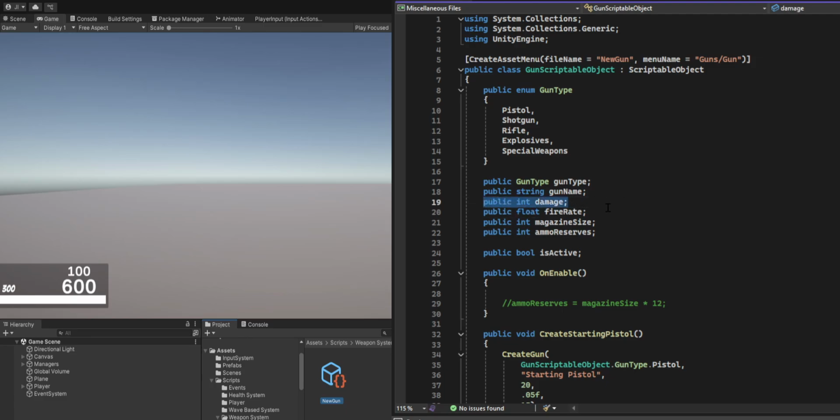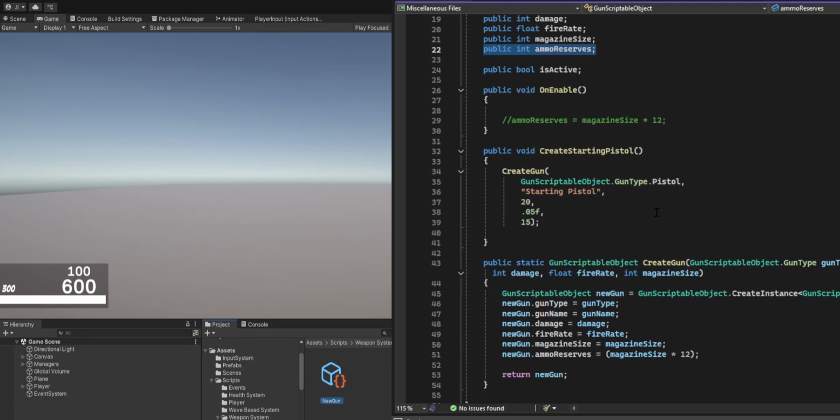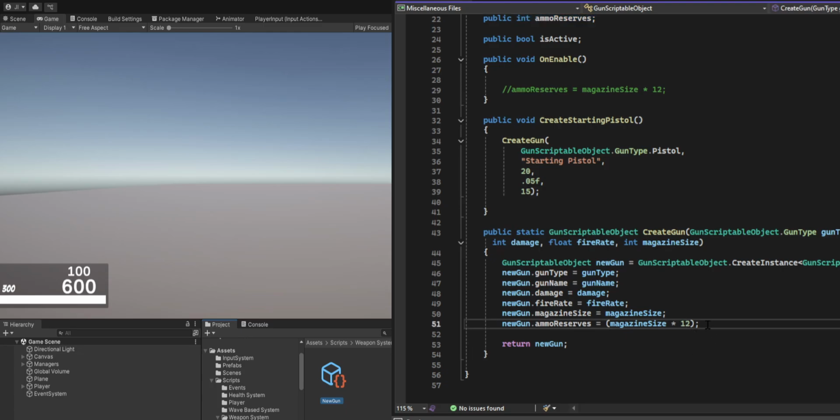So we have damage. That's how much each bullet will do. The fire rate, magazine size, and ammo reserves. Ammo reserve was actually really easy. I thought it was gonna be difficult at first, but what it really ended up being is, okay, whenever you pick up a weapon, how many extra magazines do I want the player to have? So with that, once I figured that out, I said 12, right? I might change this number. I don't know, but because I said 12,